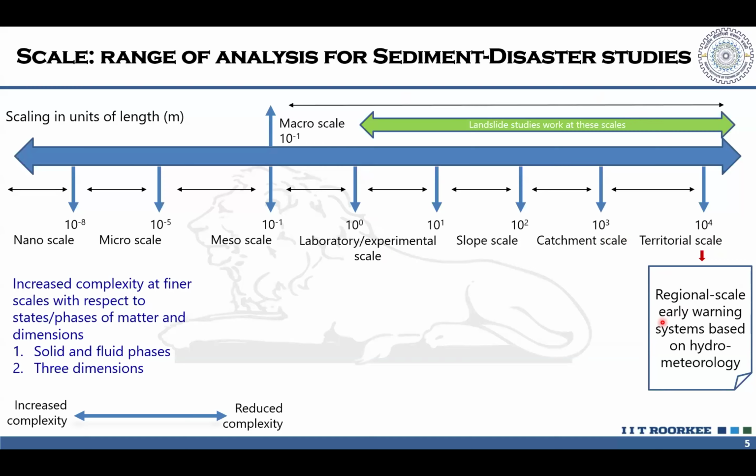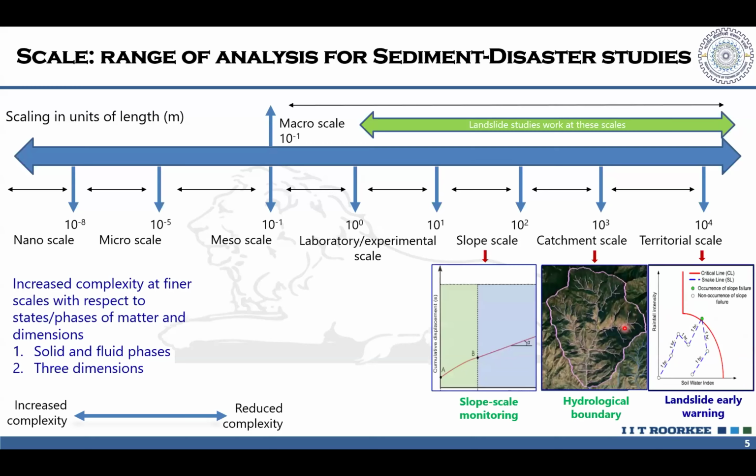Currently, we do have existing early warning systems in India by the National Landslide Forecasting Center, GSI, Kolkata, and they are giving a very good early warning of rainfall-induced landslides as well as debris flows. The system is operational in selected districts and experimental in selected districts. To do the hydrometeorological or meteorological based early warning of sediment-related disasters, we need to understand the hydrology. So we have to narrow it down to the catchment scale in order to understand the fundamental hydrology of the debris flows per se, rainfall-induced landslide or runoff-generated debris flows.